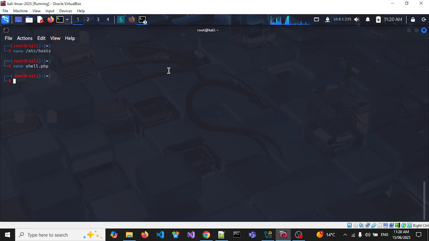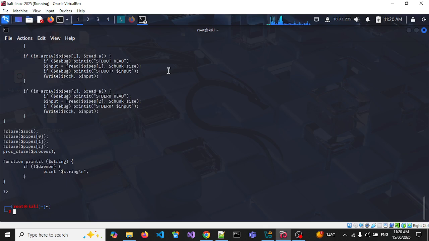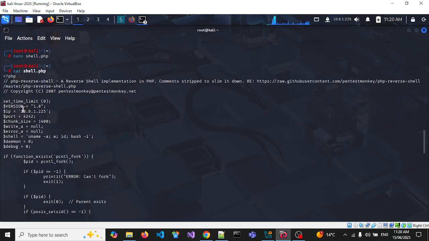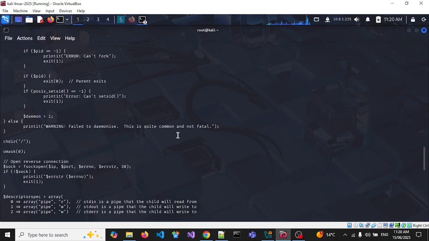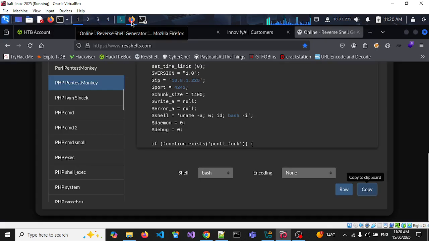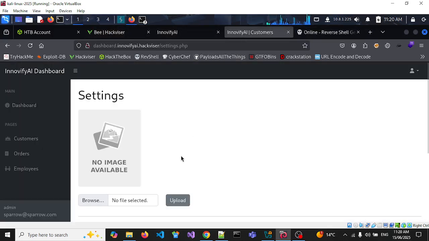So if I do a cat shell.php, we can see we've got our payload in there, and we've got our IP 10.8.1.225 and the port, so that's ready to go. So we've got to start our listener with netcat, so we'll do netcat -lvnp 4242, start a listener ready to catch the shell. Now all we're going to do is upload the reverse shell. So we'll go here,